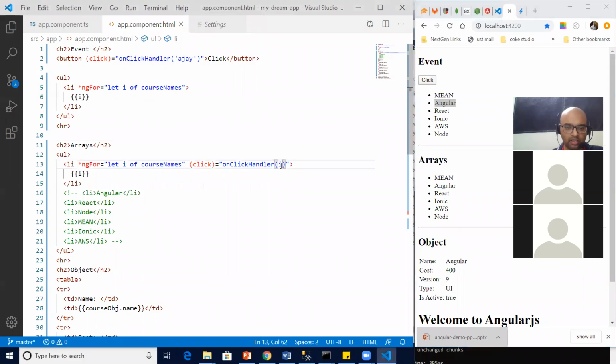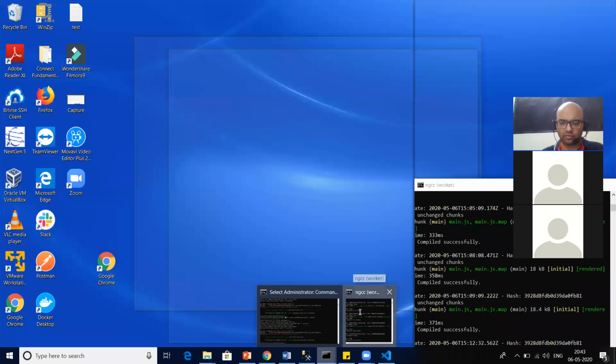Yes, I passed. Maybe I did a mistake in syntax. The spelling is correct. Click, correct, equals to double quote click handler. Is that correct? Yes. Inside that I am passing I. Is this also correct? Yes. Then what is the issue?